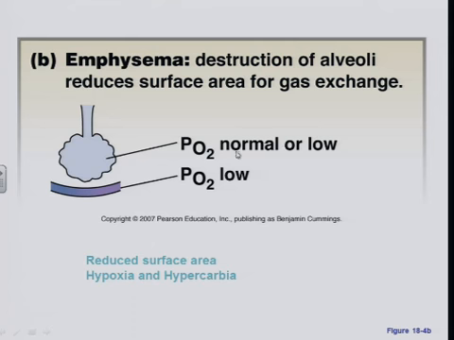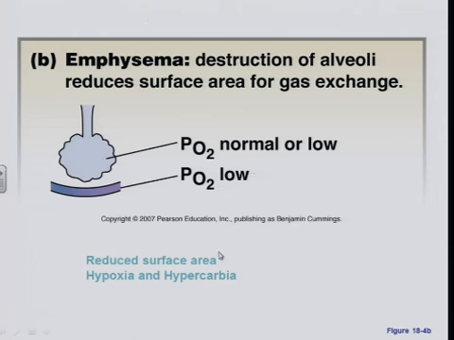So either way, even if alveolar PO2 is normal, because of decreased gas diffusion, we're going to have a low arterial PO2. Compensation can only go so far in helping to maintain an arterial PO2. So typically, in emphysema, even milder cases, this is still going to be low arterial PO2, and that's the most important because that's what gets oxygen to our tissues.